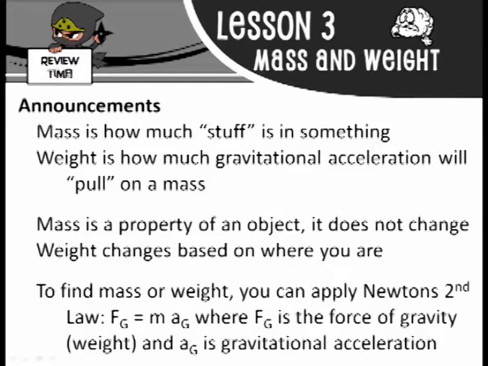Alright, so what we learned yesterday was since weight is a type of force, right? If I jump on your face, you feel the weight of my body on your face, and that hurts. Weight is a type of force, therefore, by Newton's second law, it must have a mass and an acceleration. Therefore, weight, which we can call W, yesterday I called it W equals mg. Today I'm going back to what I usually write, which is Fg, G for gravity, and F is force, so force of gravity, which is what we call weight, is equal to mass times Ag, acceleration of gravity, which is whatever planet you're on,